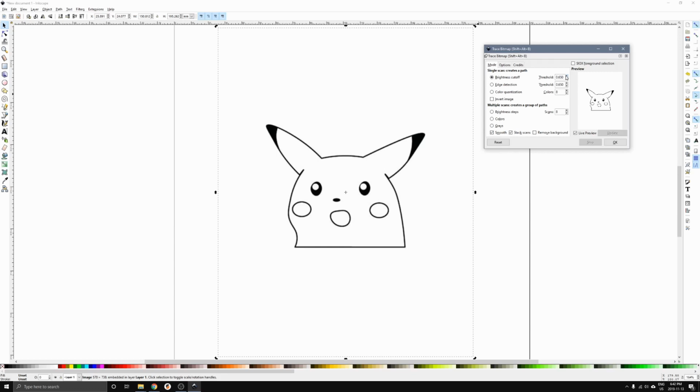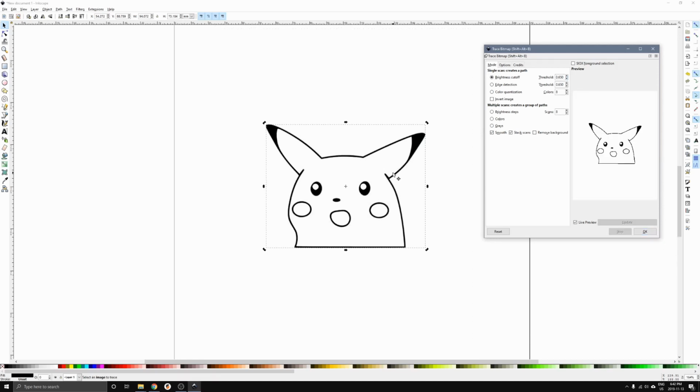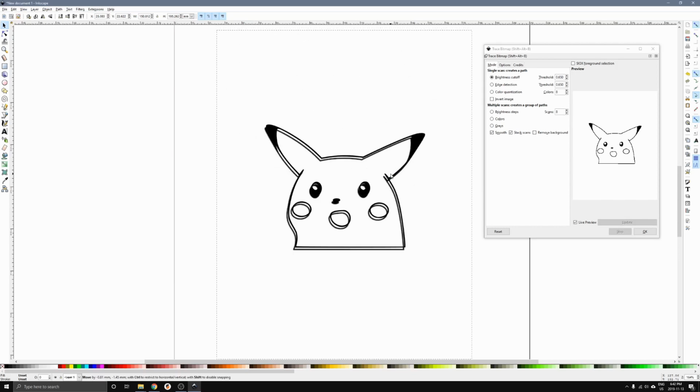So it looks like it's pretty much good. This is not a very accurate, perfect representation of what you're going to get. You can play around with the threshold here, and this number is going to change depending on whether you're using a black and white image, or a colored image, or a picture of sorts. You can play around with this to get the best result. But in any case, I know that 0.65 should work pretty well. So I'll press OK, and you can see it generated the